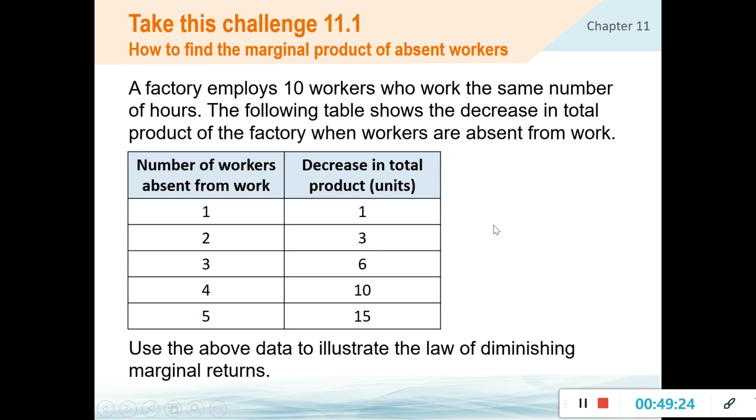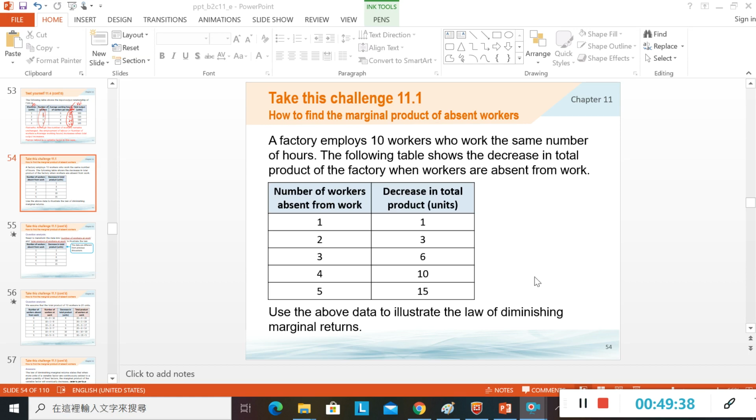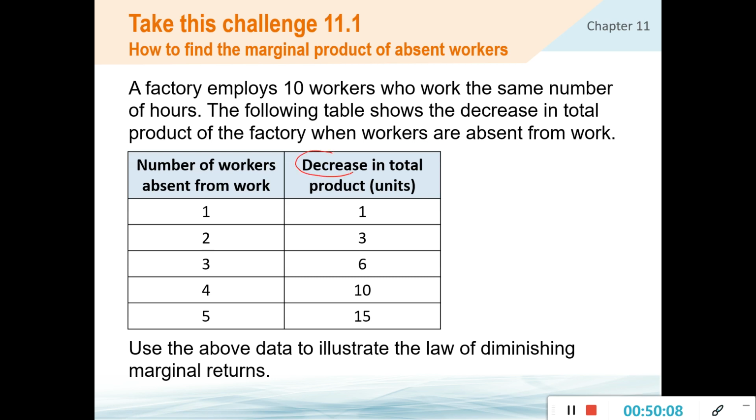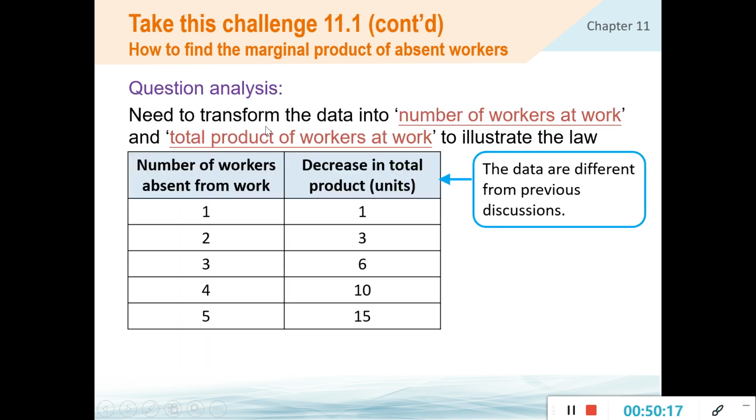marginal returns 啦，得唔得？好啦，咁我哋睇下呢度，點樣揾 absent 嘅 workers 嘅 marginal products。呢個就話個 factory 本身有10個 workers，大家都做同等嘅 hours。佢就話當啲 workers absent 嘅時候，個 decrease in total product 係幾多？咁咩叫你用翻上面嘅嘢，就係睇個 law of diminishing marginal returns。今次點解咁難呢？因為佢唔係講緊你 employ 幾多，佢係講緊你幾多個人 absent。又唔係講個 total product 係幾多，佢係講個 decrease 係幾多。所以佢就所有嘢都要調翻轉嚟睇。